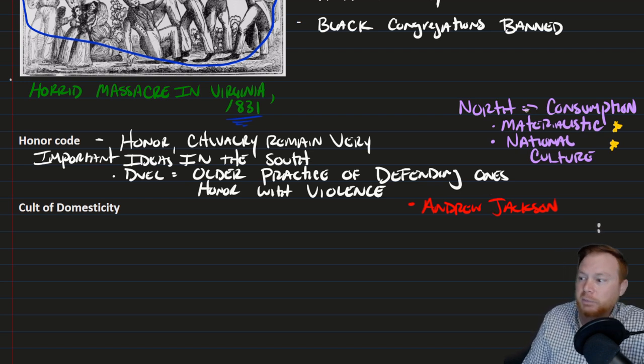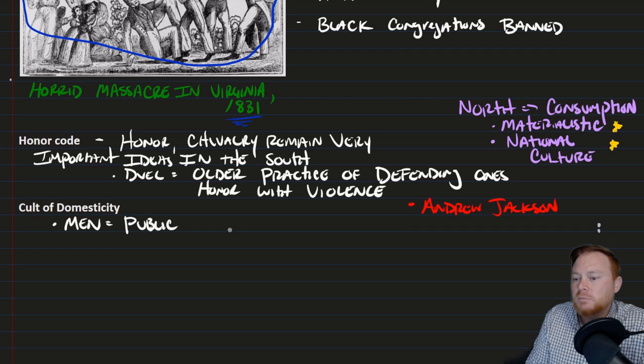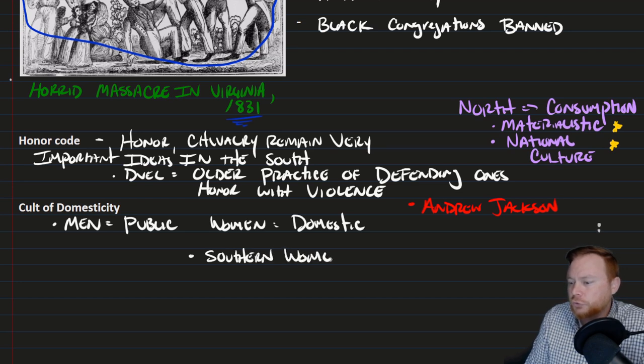Now, another similarity we might draw with the North is that a cult of domesticity continued to exist for the free population in the South. And remember, the cult of domesticity is very much this gendered division of labor, that for the men, it's expected that they engage in the public arena. For women, it's expected that they engage in the domestic arena. And maybe one point that we'll just make here is that, for Southern women, and this has maybe less to do with the cultural norms and more to do with the landscape, they did not participate